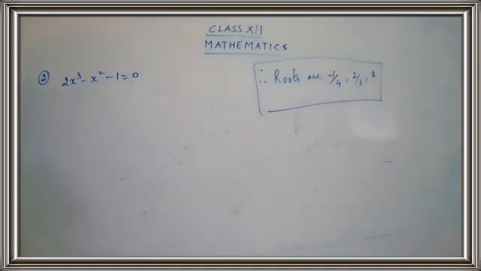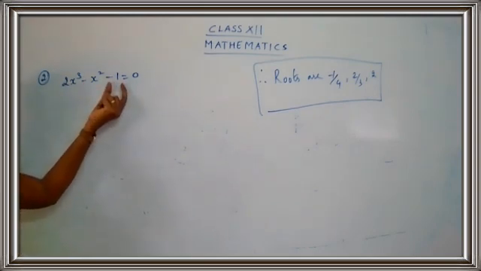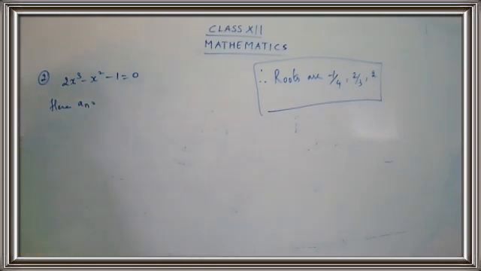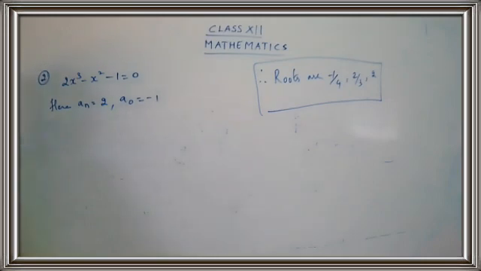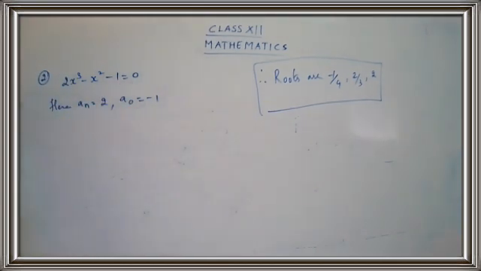Now children, they have said that you have to find a_n and a_0, and they should not be equal to 0. So what is the first coefficient here? It's 2. And what is the last constant term here? It's 1, or rather minus 1. So write down here a_n is equal to 2 and a_0 is equal to minus 1. Are you clear with this part? So you can just refer to your theorems. They have taken the first term and the last term and they are saying that the first coefficient and the last term should not be equal to 0. So a_n is equal to 2 and a_0 is equal to minus 1.